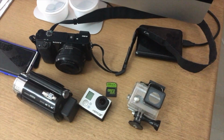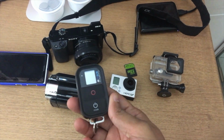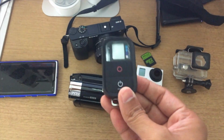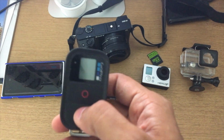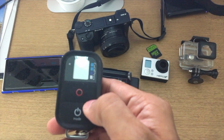Yeah, along with this, I have some stuff to make it easy for me to shoot. Like I have this remote from GoPro. This is the remote that I use. It's very handy with GoPro. You can actually see what mode the GoPro is in, and you can switch between the modes